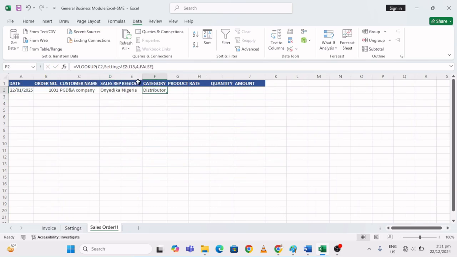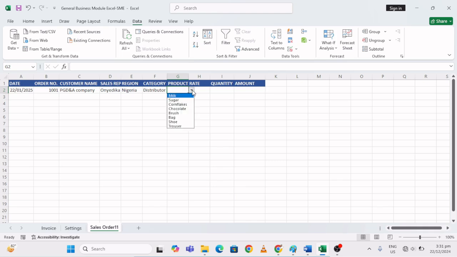Then you freeze as usual so that when you drag it down to apply to other columns, it will not have an increasing empty column. You add your $ sign. Good. So now we enter the product this customer is buying that we are going to book